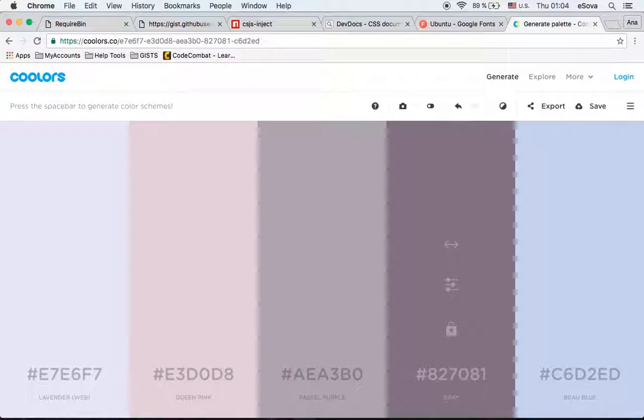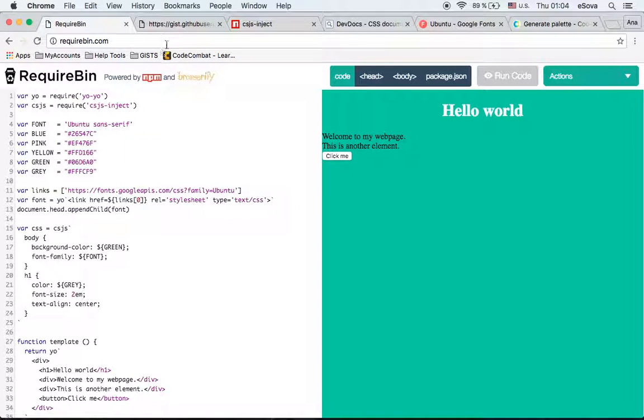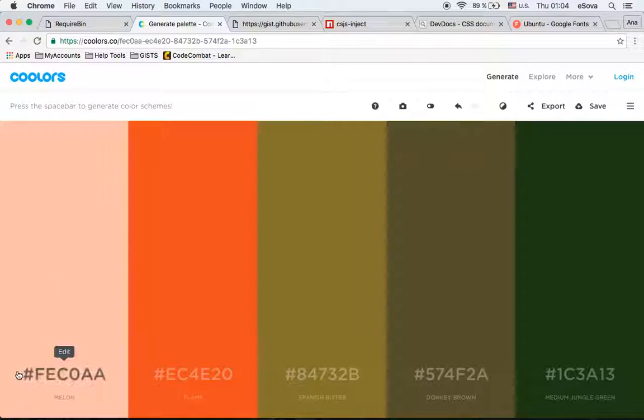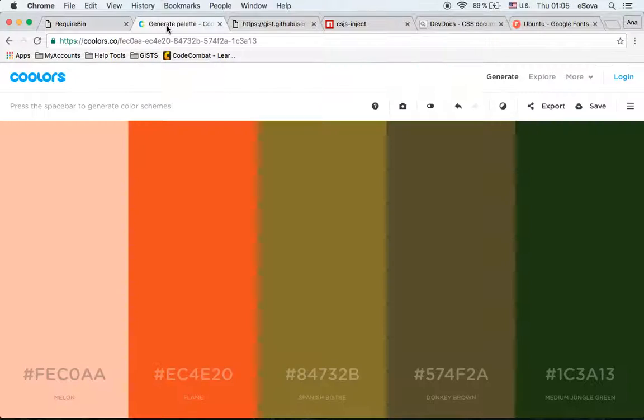So when you get to the color palette that you like, you simply copy these things, name them, and store them in your variables. So if you would now choose this one, you could say peach color, pink, this orange, green, brown, or dark green, light green, or however. Store them here, and then you can use them in your CSS, and you get exactly the color palette that you like. So go to colors.co and choose the palette that you like,